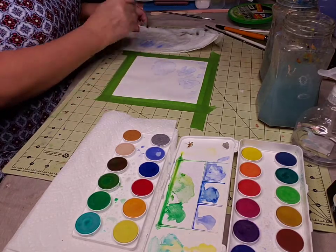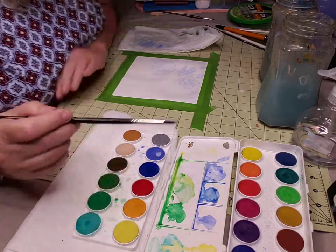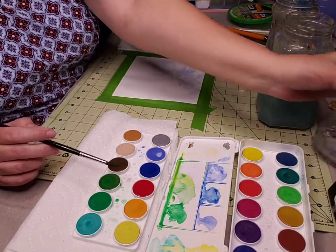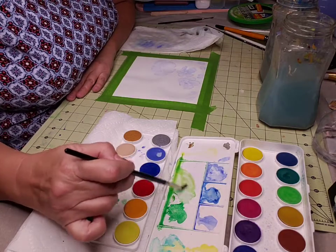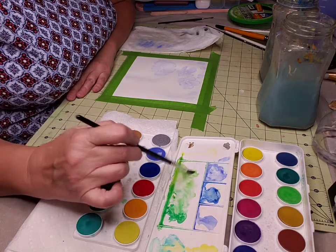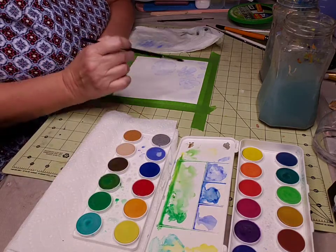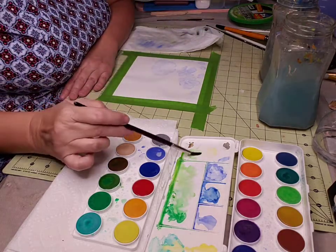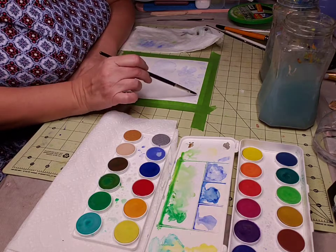All right, we're going to let those dry for a minute. And I think I'm going to spray my palette here, what's on my palette already, and just lay down a little bit of faint leaves in the background. And way off in the back, you just want to kind of